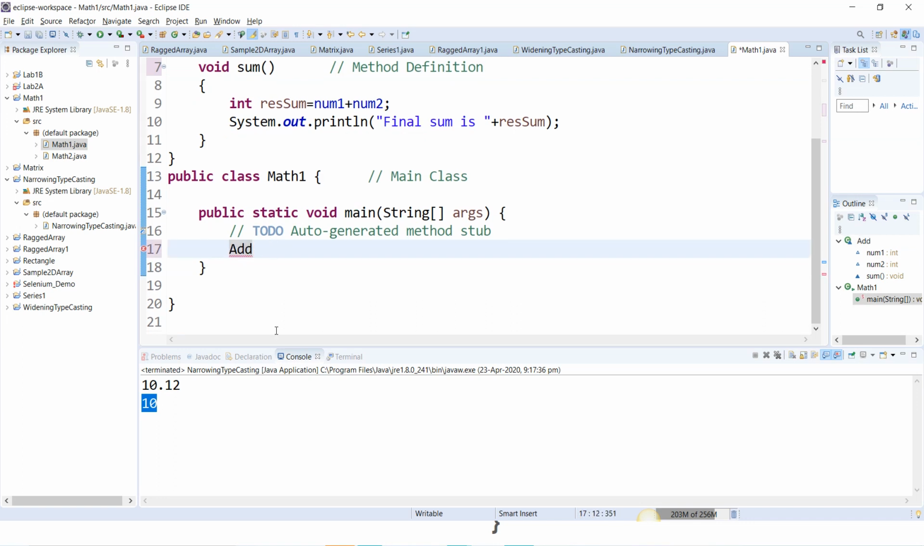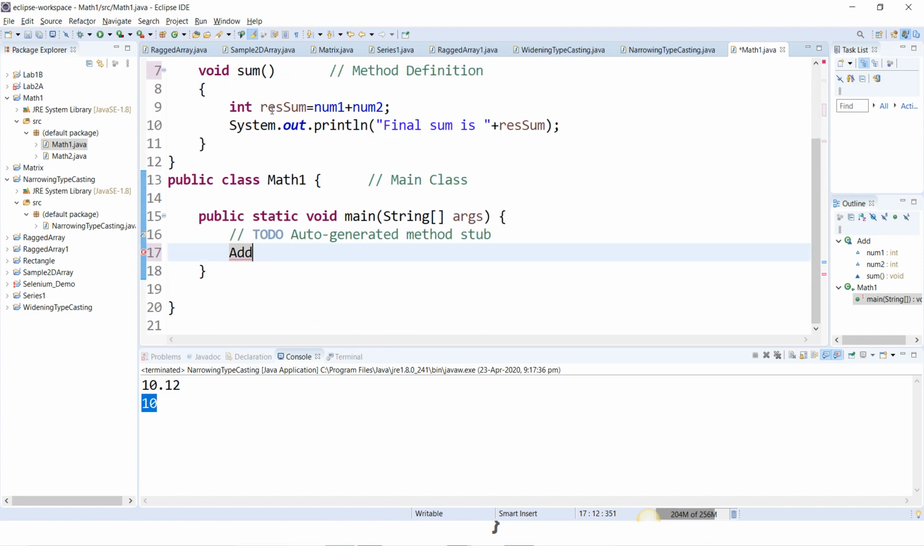Add, yes, the class name is add. So class name, space, obj, the object name. It's a user-defined name, you can give any name. Object for add, right? Obj add. Okay, I'll give obj add. And then